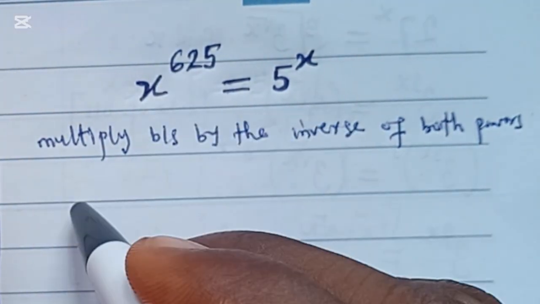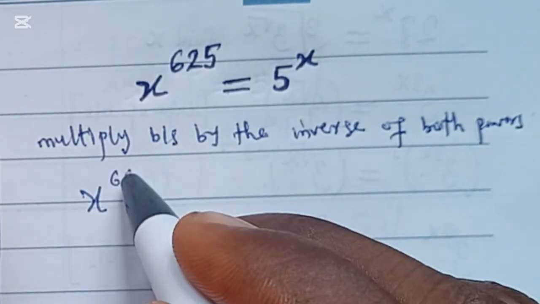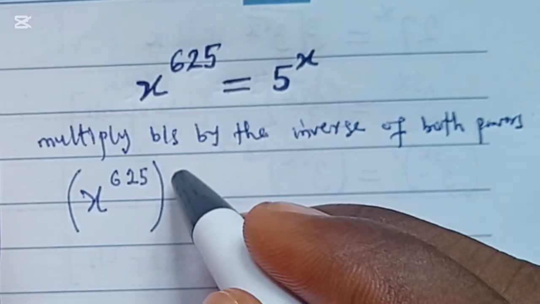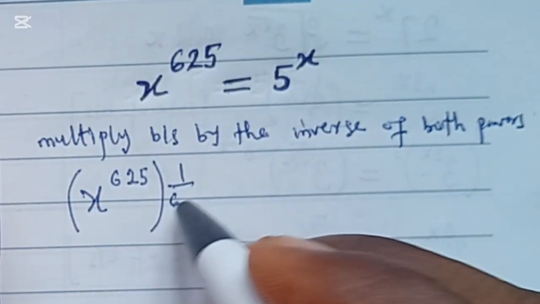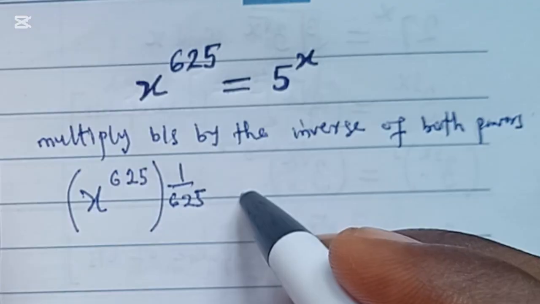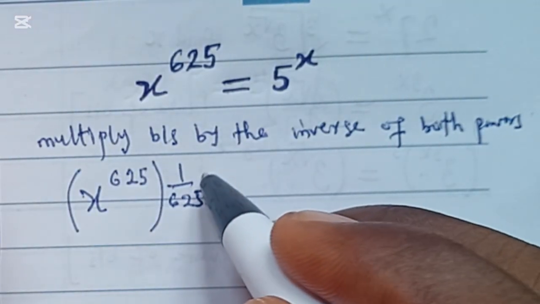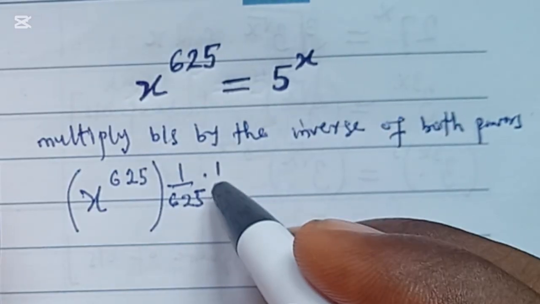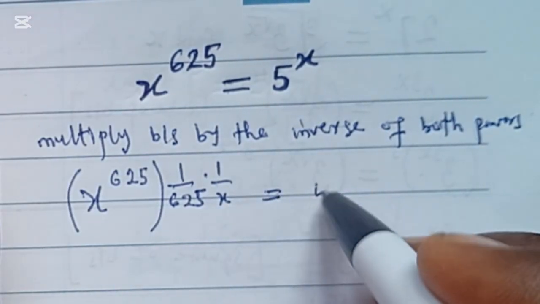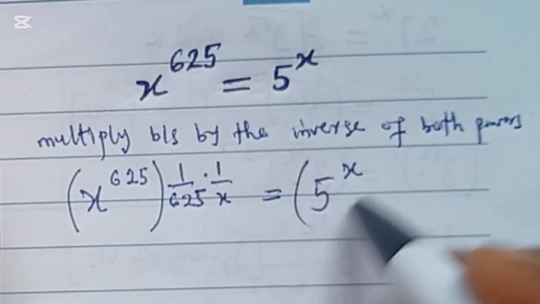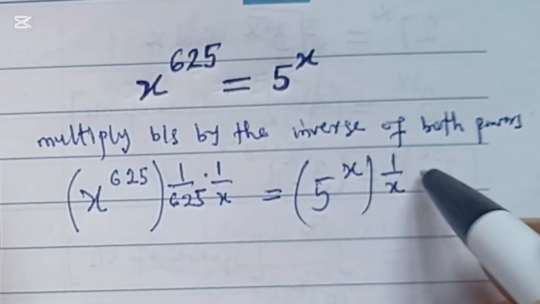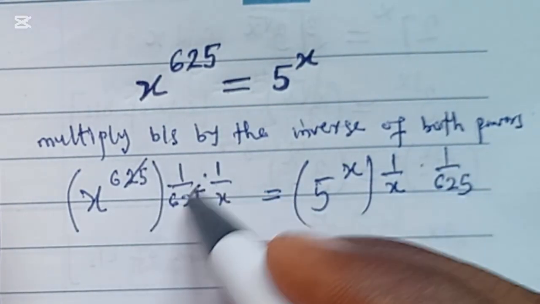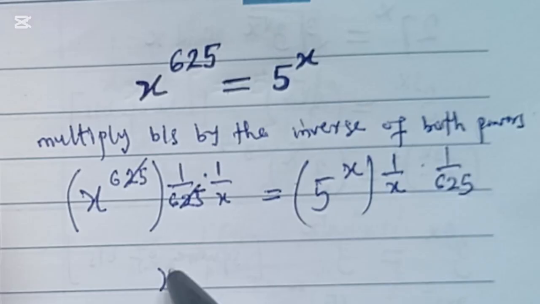So what that becomes is, on the left hand side we have x to the power of 625. We are multiplying by the inverse of 625. Okay, and then we are also multiplying by x, the inverse of x, 1 over x. And then on the right hand side we are multiplying by the inverse of x and by the inverse of 625. When we do that, 625 cancels out 625, and then we are left with x to the power of